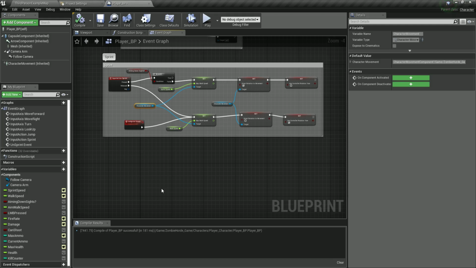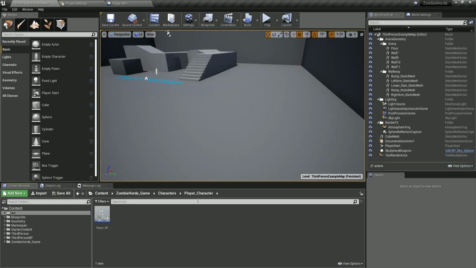Moving forward with our character. We are moving, we are sprinting, we can also rotate the character with the mouse. So now we are going to go back here in the character folder, and where it says player BP, I'm